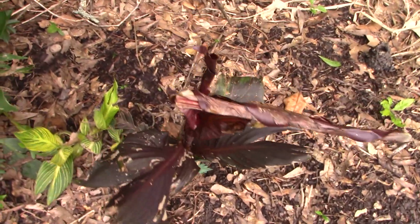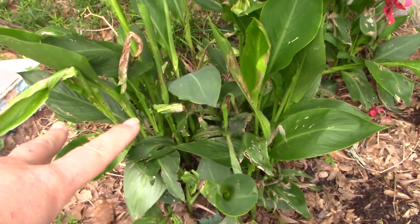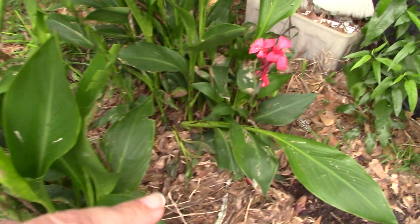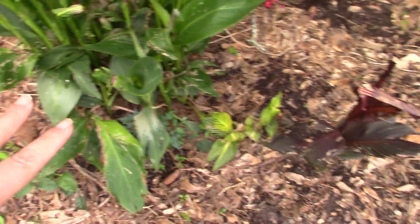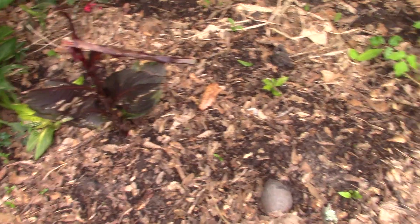And I've got my little canna patch. I've just been getting different ones, the red canna, variegated canna. These are, I think, yellow and orange. And then I have a red right there. And I'm just kind of growing them out, letting them spread over here while we finish other projects. That way I can transplant them to where I want them permanently. And then, oh,